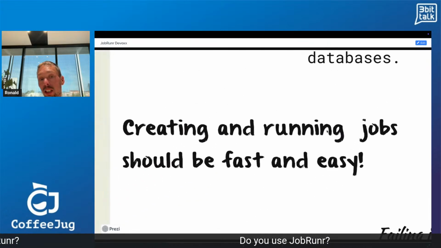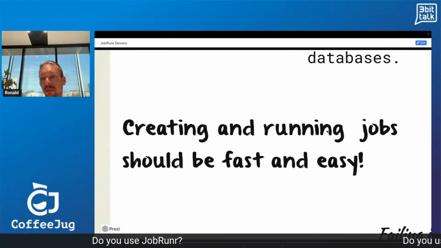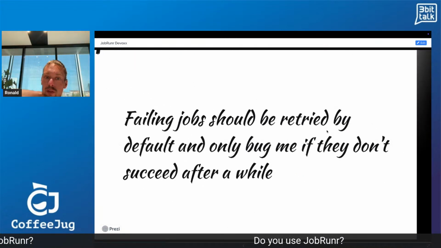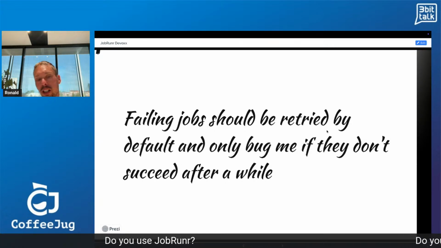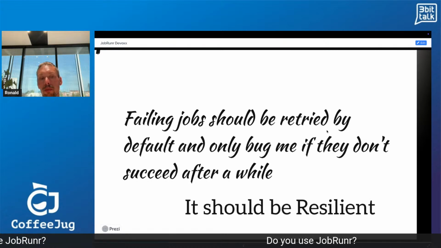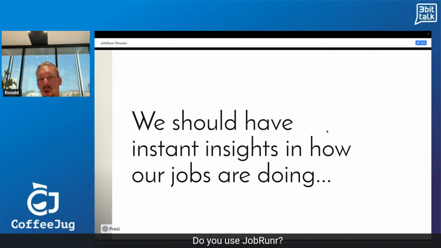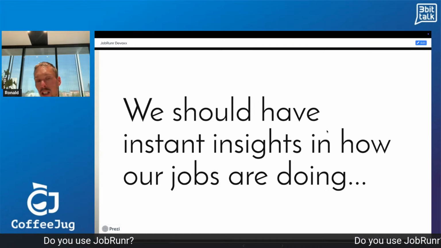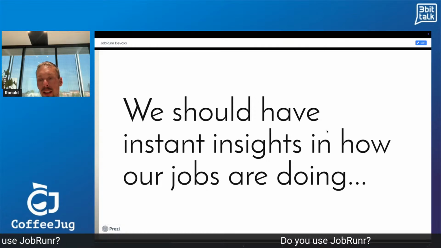I think that creating and running these jobs should be fast and easy. And failing jobs should be retried by default and only bug me or warn me if they don't succeed after a while. It should be resilient by default. I also wanted to have instant insights whether this processing is all working fine.